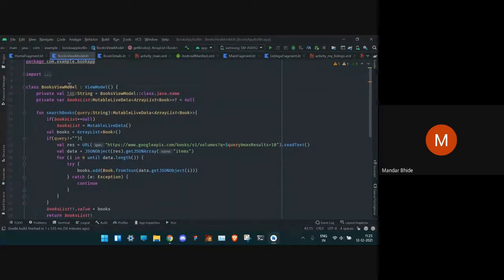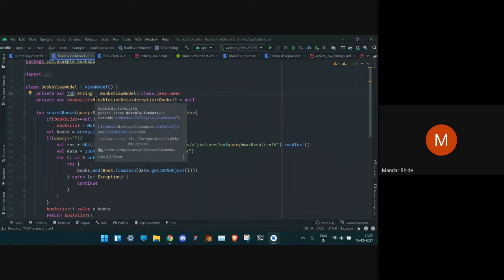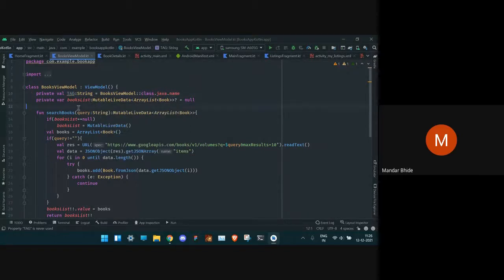So here is a books view model which inherits from the class view model defined in Kotlin basic libraries. This tag is just to identify the class so that there are no multiple instances created. This tag has to be unique, and if we don't define it, compiler may throw some error.